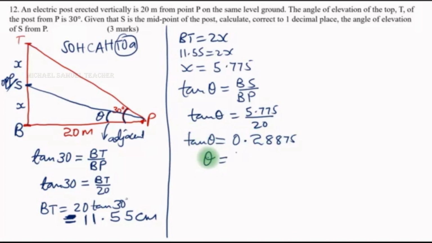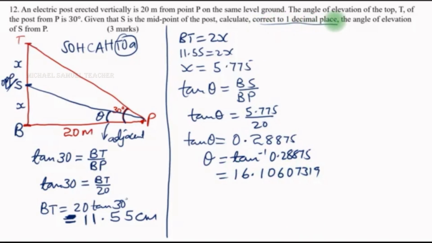Then theta will be tan inverse of 0.28875, and I will end up getting 16.1060739. But the question is asking to correct to one decimal place, so this will be 16.1 degrees. Next,